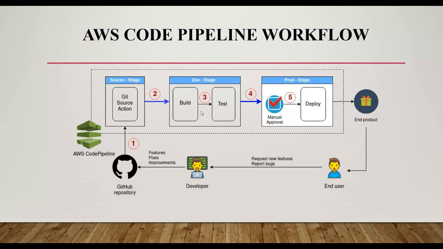The first action in the dev stage is the build action. It takes the output from the source action in the source stage as its input artifact. Then the pipeline executes the transition to the test action. So after building it, it moves to the test action, taking the input artifact from the build action. Then the pipeline executes the transition to the next stage,